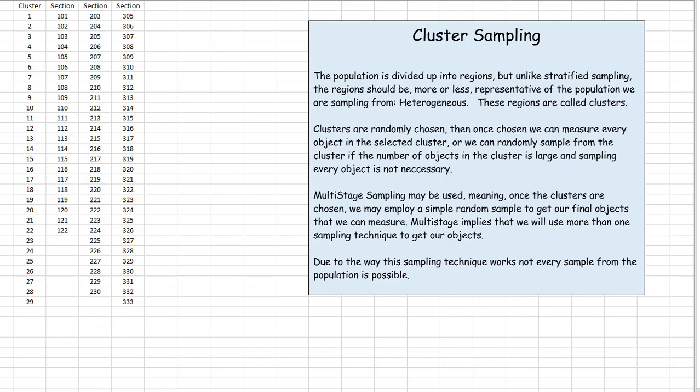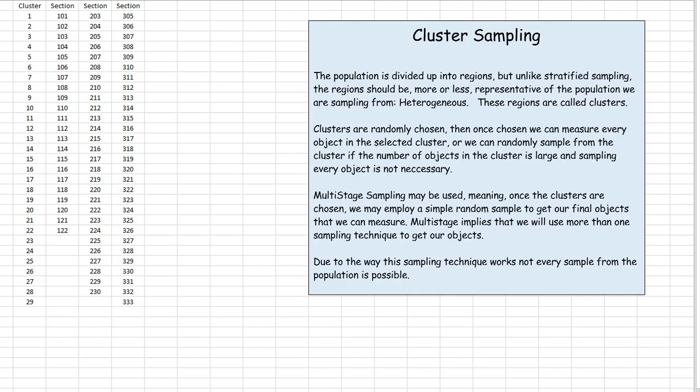Cluster sampling. The population is divided up into regions, but unlike stratified sampling, each region should be more or less representative of the population we are sampling from, what's known as heterogeneous. These regions are called clusters. Clusters are randomly chosen. Then once chosen, we can measure every object in the selected cluster, or we can randomly